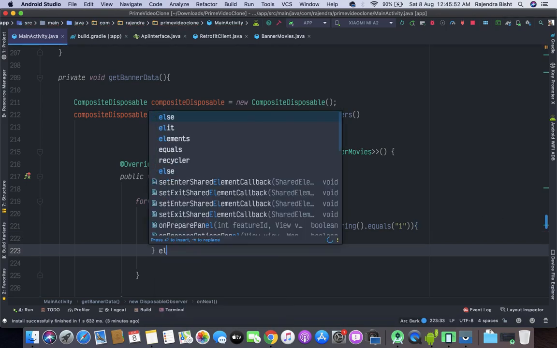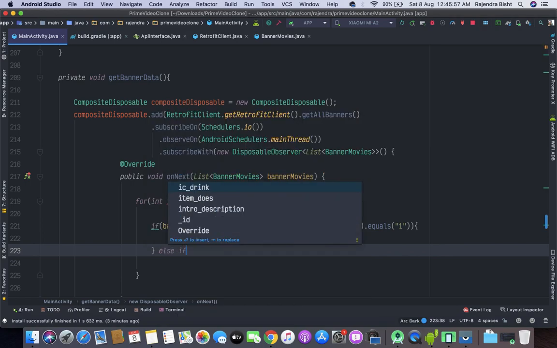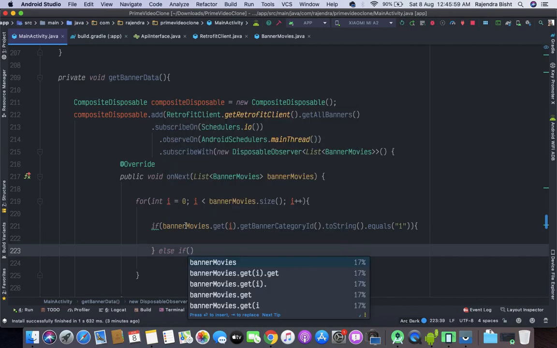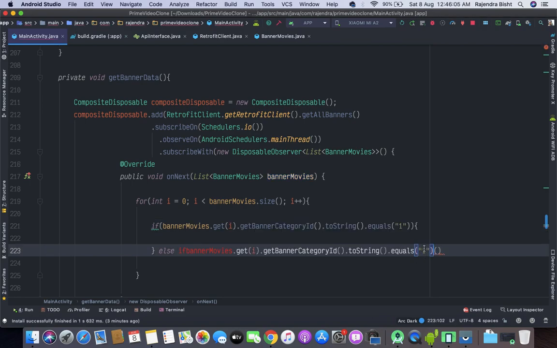Similarly, I will add else if condition and copy, paste. Here I will add 2.